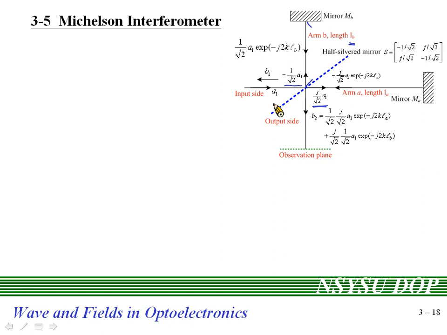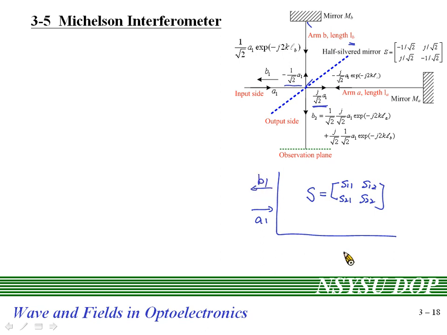Okay, so for the Michelson interferometer, we can plot it in a simpler way like this. The total scattering matrix can be written as S, with elements S11, S12, S21, and S22. At port 1, we have input A1 and output B1. At port 2, we have input A2 and output B2. And of course, we have no input at port 2, so A2 is 0. Okay? And according to this figure, we can say that the amplitude of B2 can be written as,